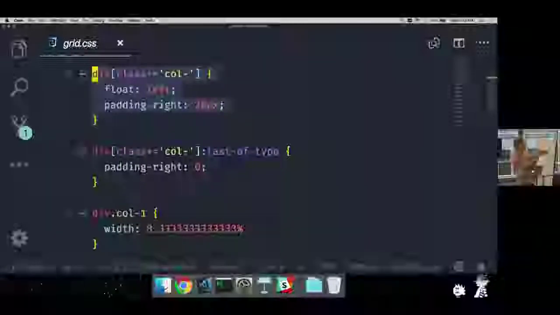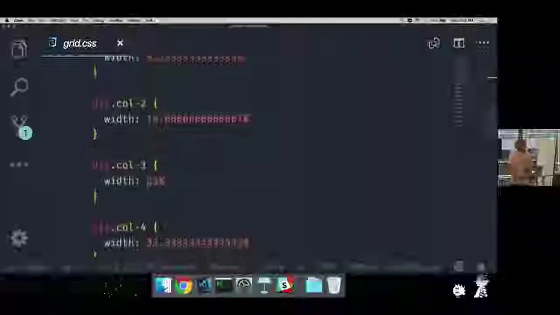So what my CSS is saying is the last element of that type, set its padding right to 0 because everything else, all the ones before will have a padding of 20 pixels, right? So we're actually applying this to every single one of them, and then we're overwriting just the last one to get rid of that padding. And this is a technique that you could use for that. So now we get into this situation where I'm actually defining each of these, right? And that's okay because they actually do mean different things when it comes to the width. But I don't have to.